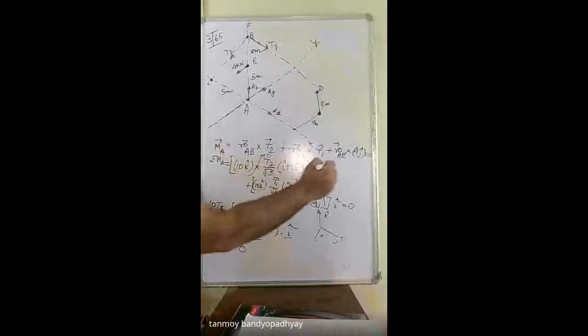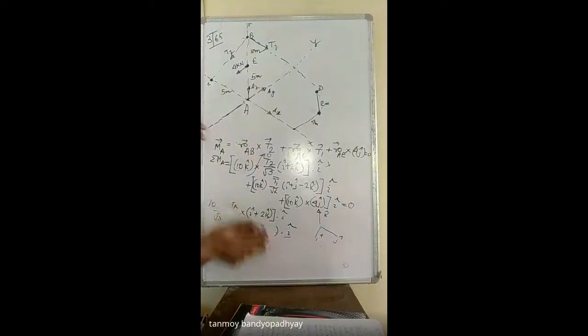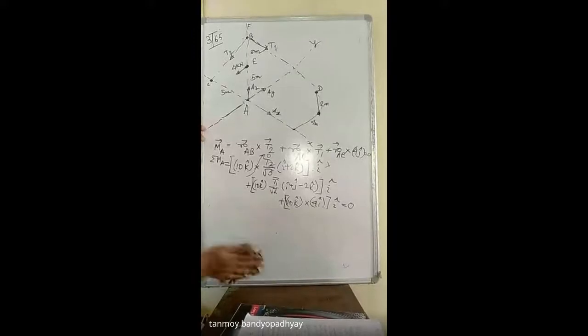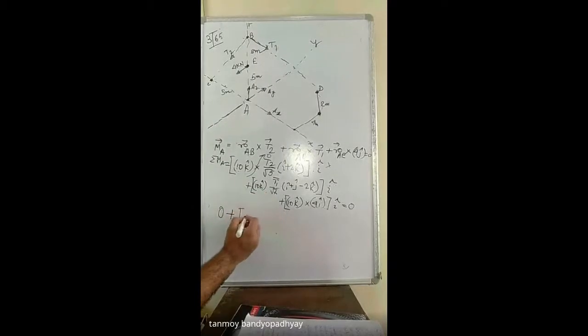So we have eliminated this T2 part. Since we have eliminated this T2 part, only solving this one will give us the answer. বোঝা গেল? So this equation actually reduces to, আমি এই পার্টটা শুধু 0 করলাম, the other parts won't be 0. So first part is 0 plus you do this part at your home, so you're getting some value.